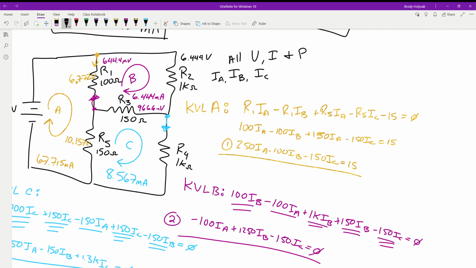Then we want to look at what our voltages are for loop C. So R3, we've got the 567 milliamps. We're going to multiply that by the 150 ohms. That gives us 1.285 volts. R4 is all it has is IC. So we're going to have